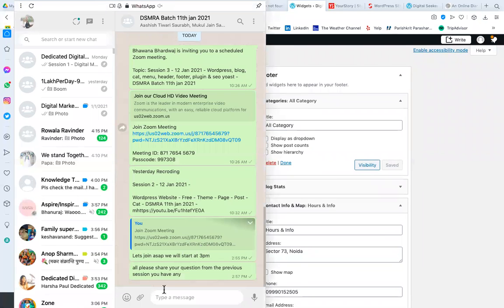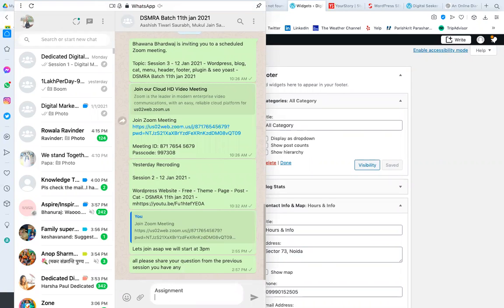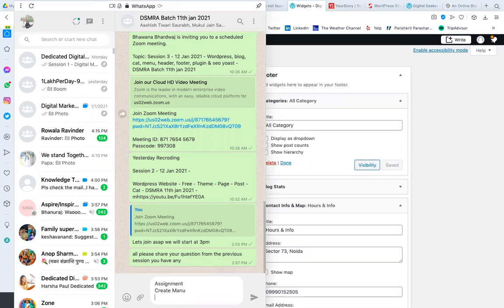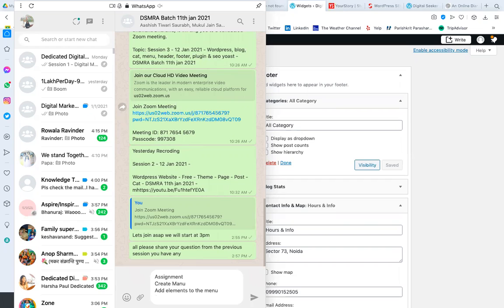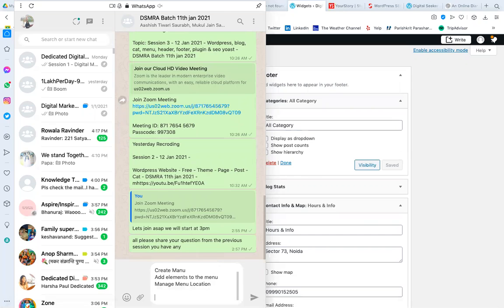Assignment for the day is: create a menu, add elements to the menu, select and manage the menu location as per your theme, and create a footer. Manage widgets in the footer.